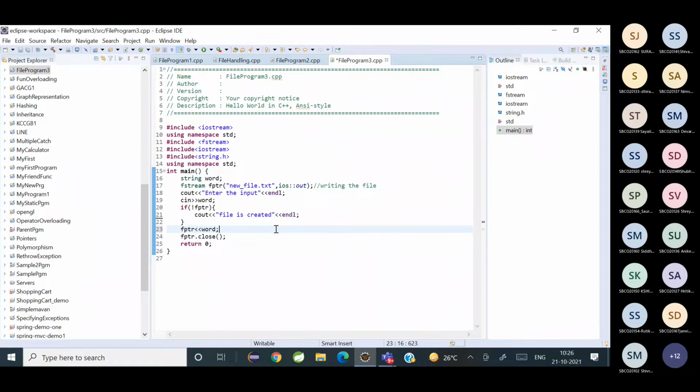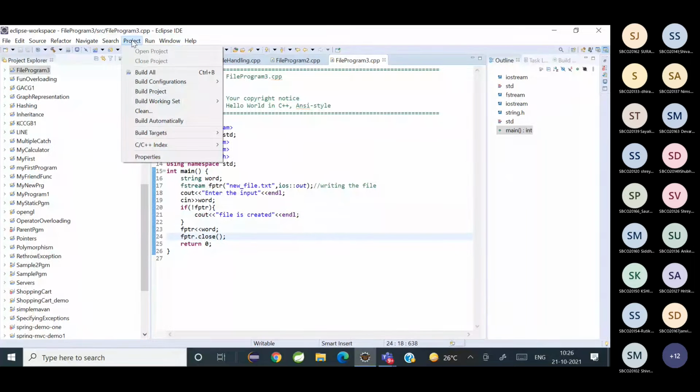For read, what is important? The file should exist. Yeah, the file should exist, but in the case of write, it is not necessary for the file to be existing. If the file doesn't exist, a new file is created and the data is written into the file. So now let's execute this program and see if it is working.